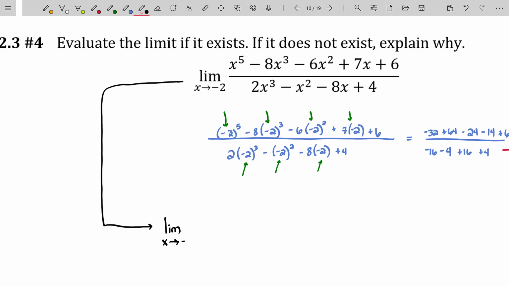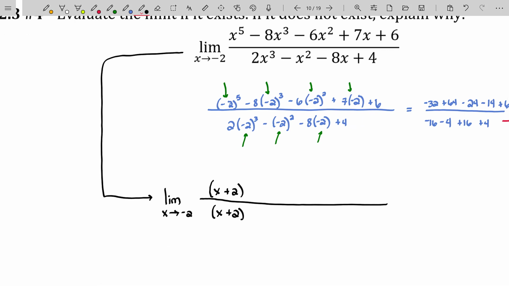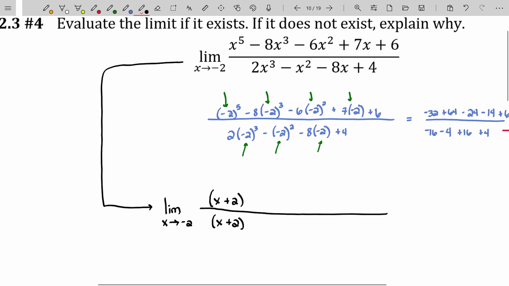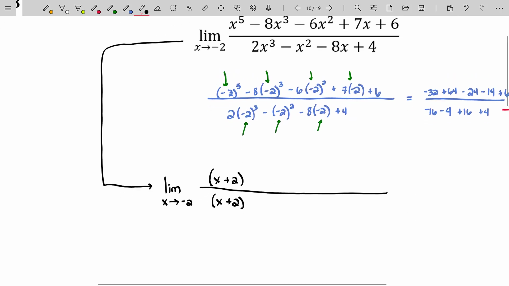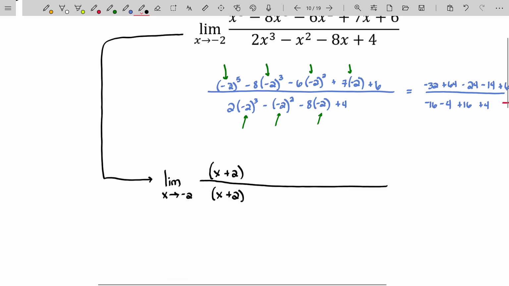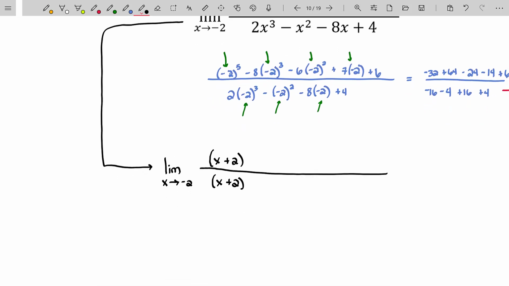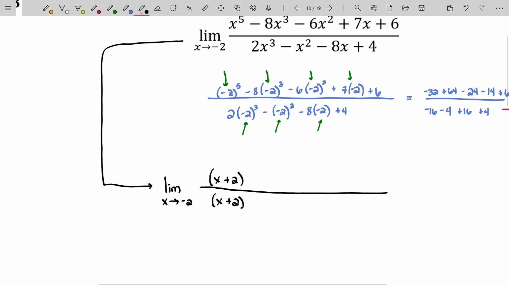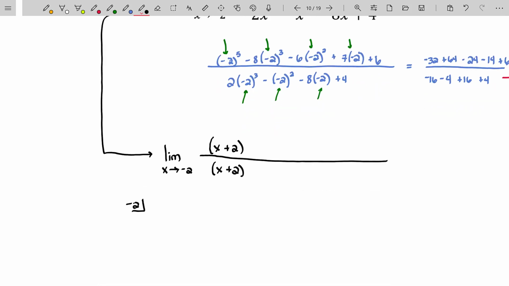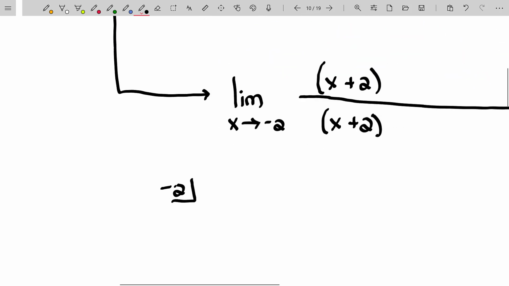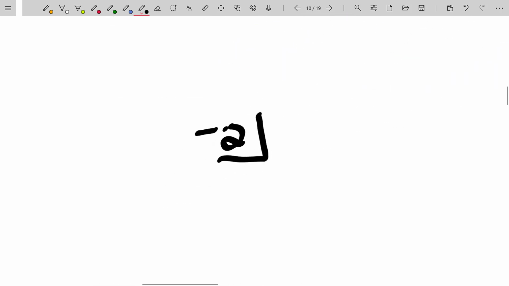If you do not, I will link into this video my review video on the remainder, factor theorem, synthetic division, and whatnot. Knowing that I can factor out x minus negative 2 out of both numerator and denominator is very helpful. I'm going to use synthetic division to find out what the quotient is. Dividing by x minus negative 2 means that I'm going to do synthetic division by negative 2,